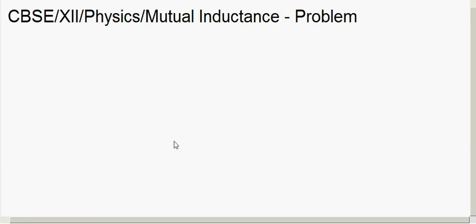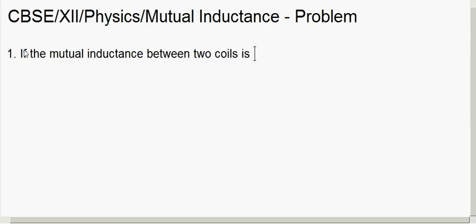Now in this session we will take some problems based on mutual inductance. Take down the first one. If the mutual inductance between two coils is 0.2 Henry, calculate the EMF induced in one coil